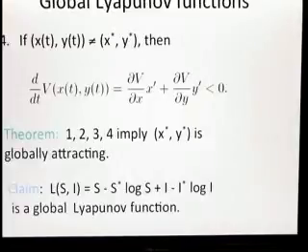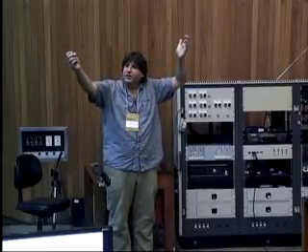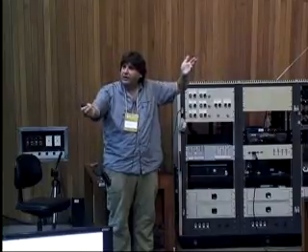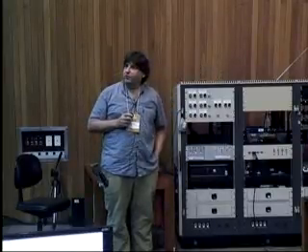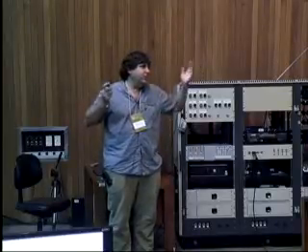Okay, and the proof is very geometric. You start with an initial condition on the graph of V, and what's going to happen? Property 4 tells you that this point is moving down V, keeps moving down V. If it stops before getting to the equilibrium point, you easily argue that where it stops is another equilibrium point. But we're assuming a unique equilibrium point. So it has to keep going. V has to keep getting smaller and smaller, so it approaches the equilibrium point. And you turn that into a proof.